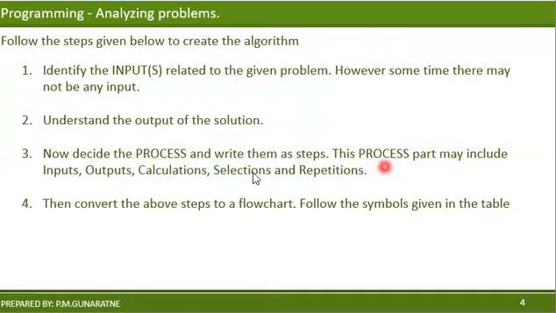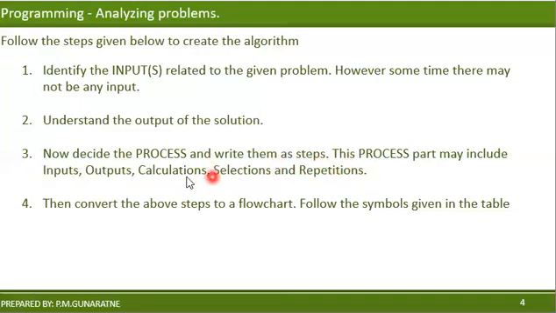Okay, this process may include input, output, calculation, selection, repetitions, etc. These are the control structures that are going to be used inside a process, right? There may be inputs, there may be outputs, there may be calculations. Calculation means if there is something to be calculated, you can use standard mathematical equations. Selection means depending on the situation you are going to make a decision, we are going to do this one or we are not going to do this one. And repetitions, repeating something until the condition is satisfied, right? So those are the basic things.